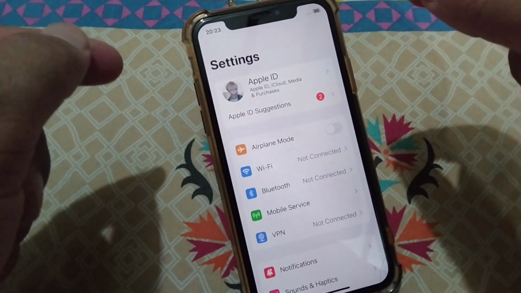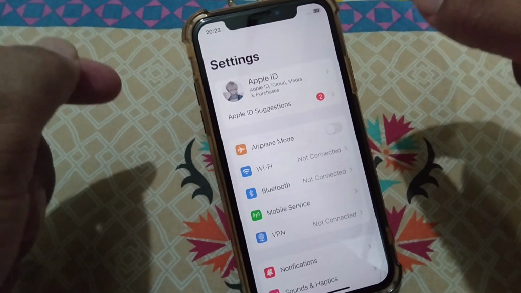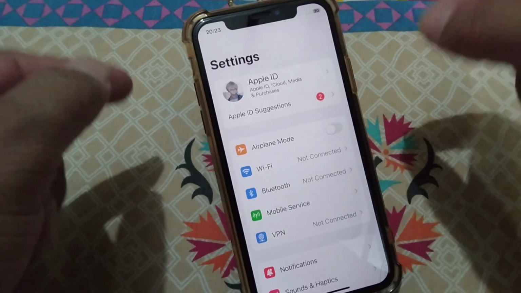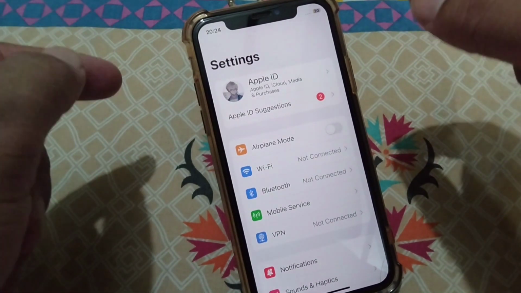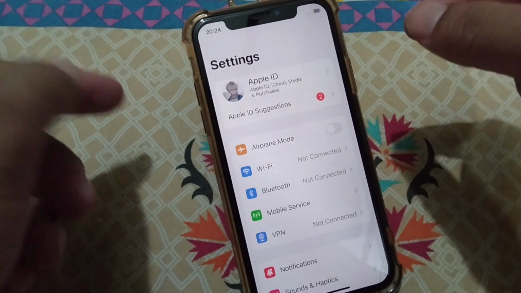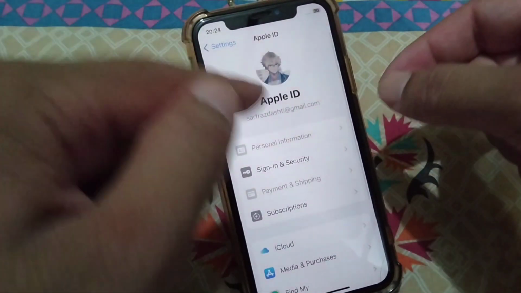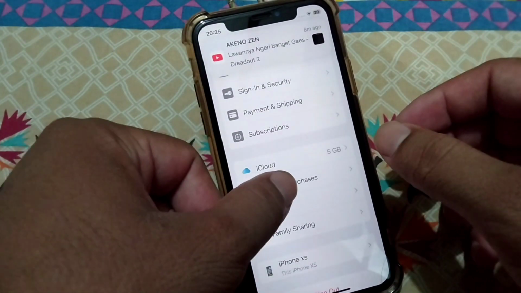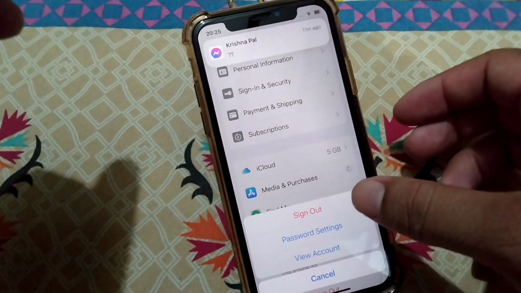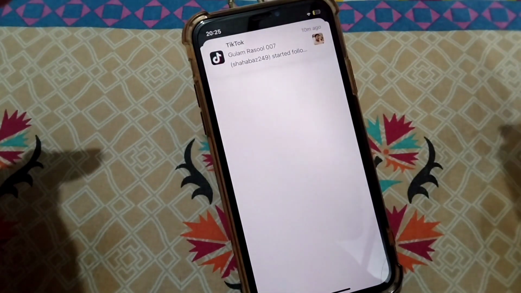That is, correctly add your payment method details, correctly add your billing address, and correctly add your country or region on your device. So guys, for that, just open your settings again and tap on your profile, scroll below, and from here tap on media and purchases, and again tap on view account. Wait for some seconds again